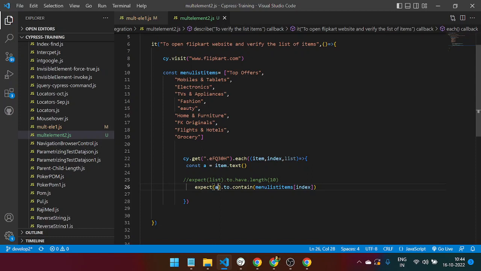Okay, in that case, if I agree with you and I remove this one and just open this one, it says expect a, this list contains only 10 elements now. One second. This list contains 10 elements, so it only shows the 10 elements. What I'll do in this case, expect a